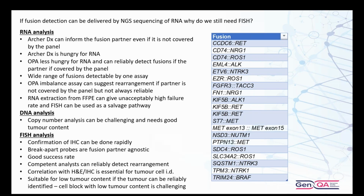Whereas with FISH, you can do your IHC, do your FISH, and that can be quite quick. Your FISH probes are partner agnostic, so if you've got a break-apart probe, you can say that you've got a rearrangement. We've got a really good success rate with our FISH probes, and a competent analyst can reliably detect